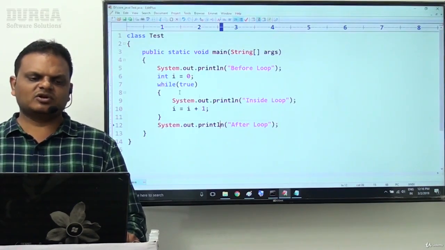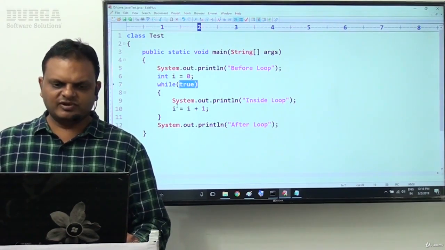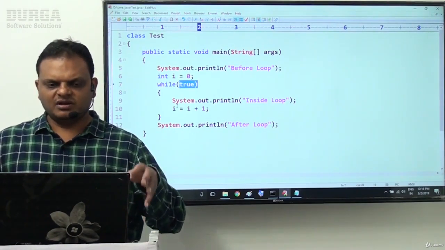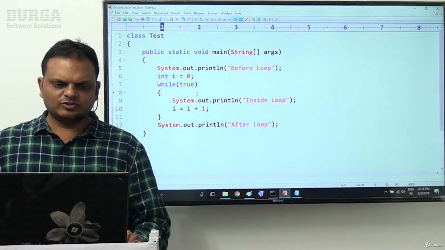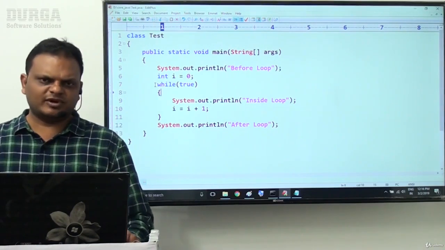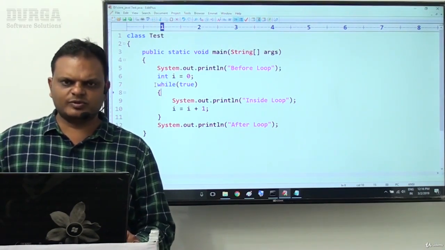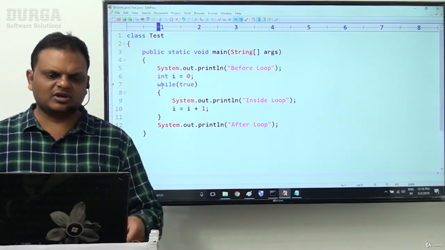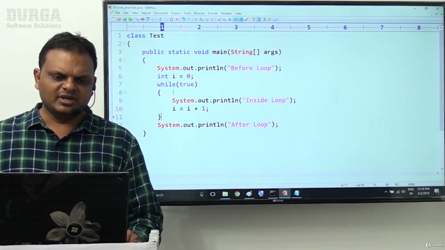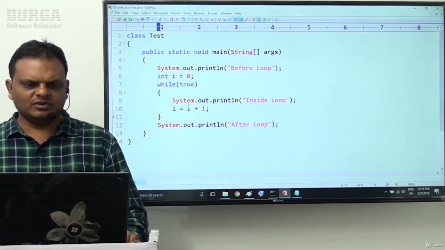So this is exactly the scenario about the while loop. In general, a while loop will be utilized whenever we are not aware how many times the loop body is going to be iterated. Next, in general, infinite loops we are going to prepare through the while loop only. Next, I have given the syntax for this while loop and we have done one or two small experiments there. Conditional expression is mandatory. It must return either a true value or a false value.